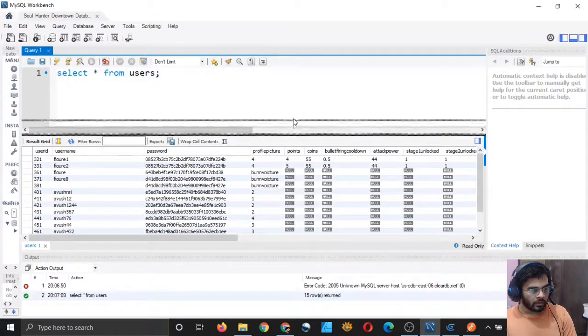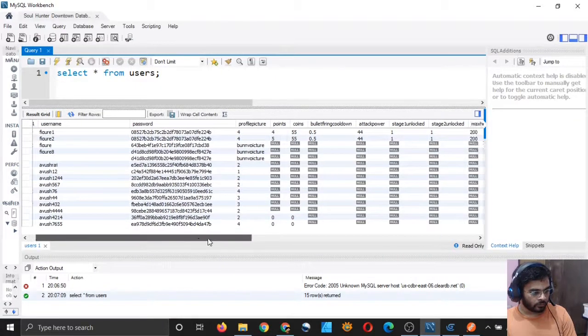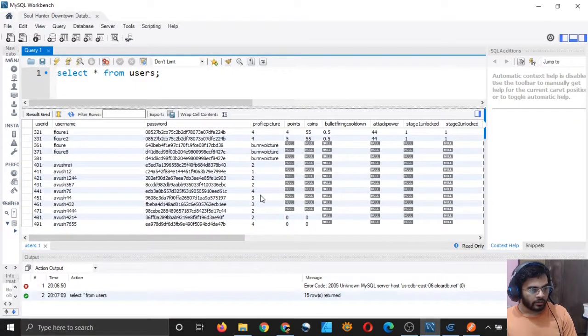So it returned 15 rows, and you can see that we have only 4 rows where the points and coins fields are filled in, and in all the rest of them they are null.